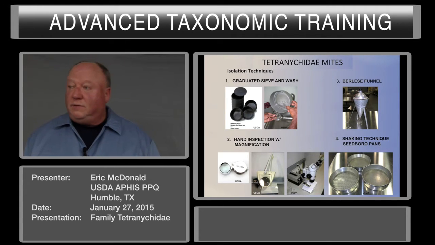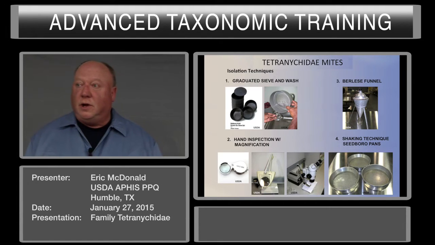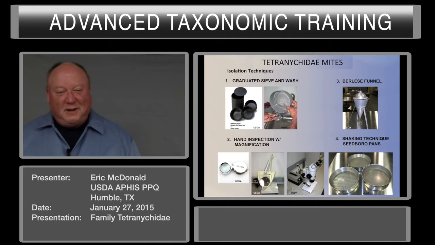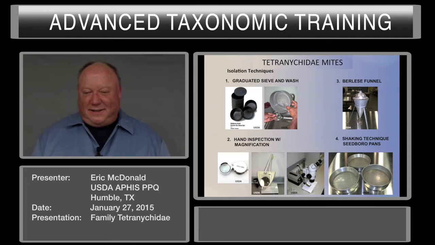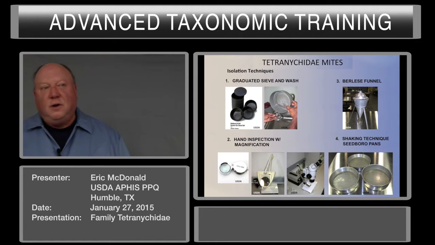Another way is using a Berlese funnel. You place the sample in the funnel, you turn on your heat source, and you collect samples out of the bottom of the jar. Just make sure to watch it and turn the lamp off, otherwise you might have a fire on your hands. And another method is using seed burrow pans, where you actually